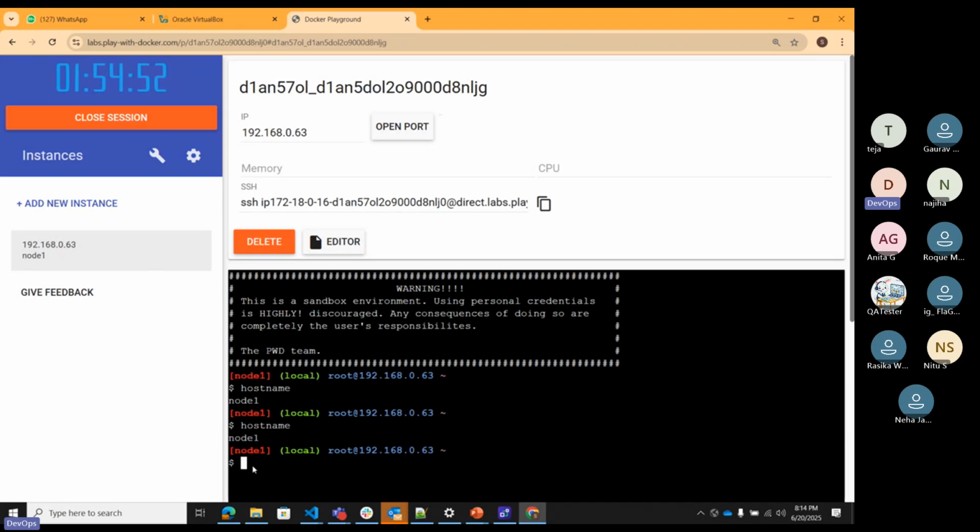Then here we want to check which user we are logged in as. The command is whoami. If you are attending the second session, then I will expect answers from you in the comment box. Okay, now here you can see I typed the command whoami. It shows